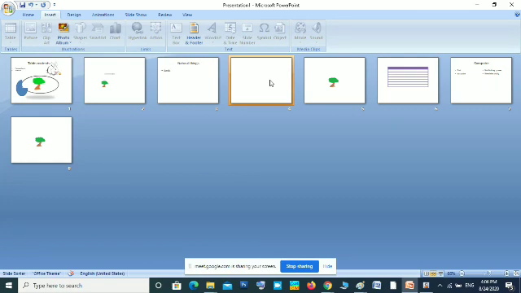Then the last view, that is slideshow view, that is the actual presentation view. This view is used to present our presentation before the spectators or the audience. Just click on that.